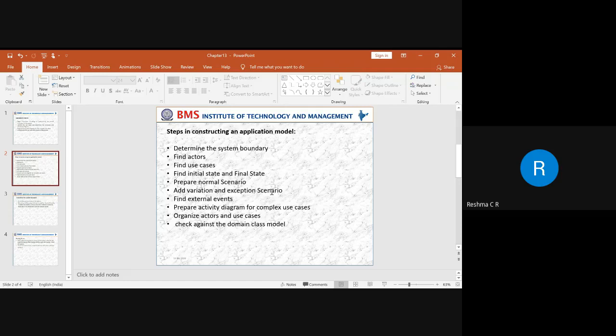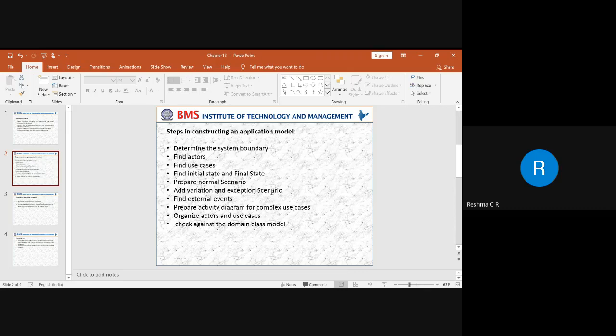While finding the actors, we need to identify them with respect to a subset of the functionalities of the system. Depending upon the functionalities of the system, we extract all the different kinds of external objects which can be represented as an actor. When we take an example of an ATM, a particular person may be both a bank teller and a customer of the same bank. For example, for a manual system, a customer approaches the bank one or two times.